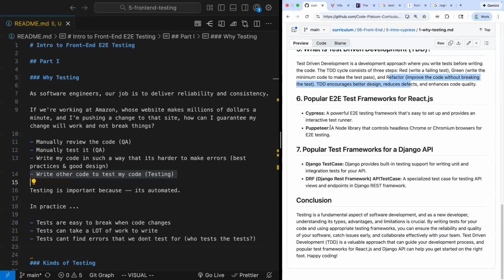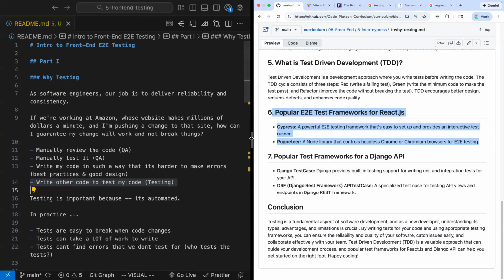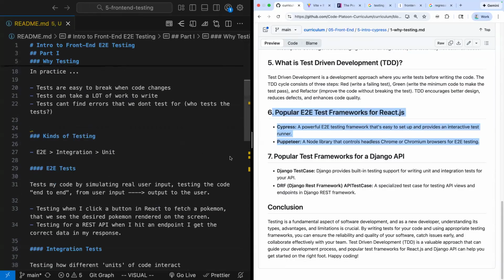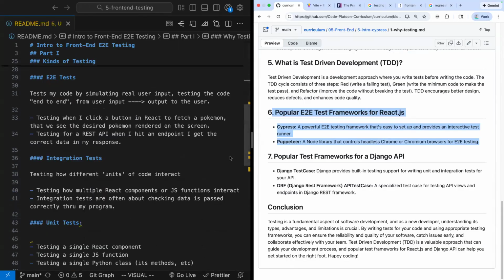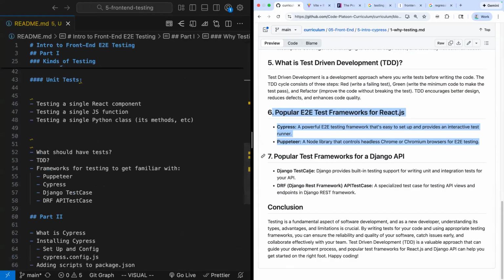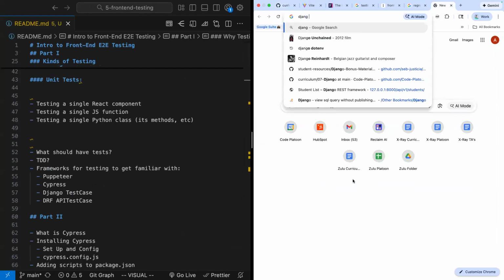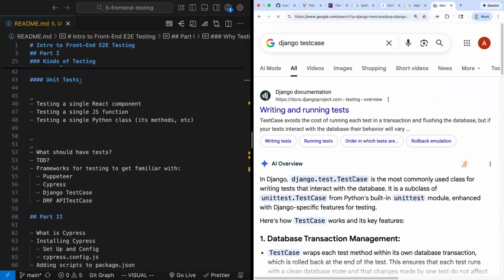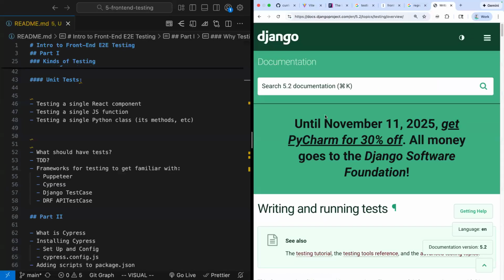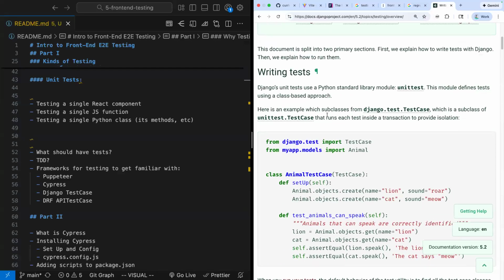So I'll come back to React in just a moment because it's opening a bit of a deeper well. I do want to give a bit of a preview of some testing frameworks that we're going to see later in the course when we look at Django. There's one called Django TestCase, and then a framework that we'll use called Django REST Framework has a class called APITestCase. And in fact, if we take a look at these